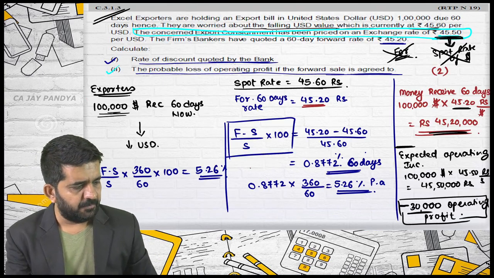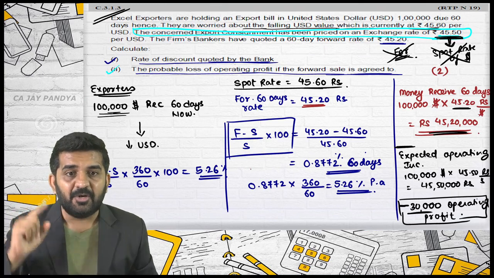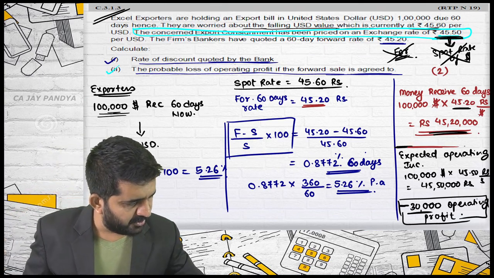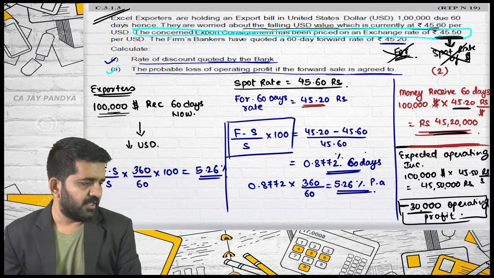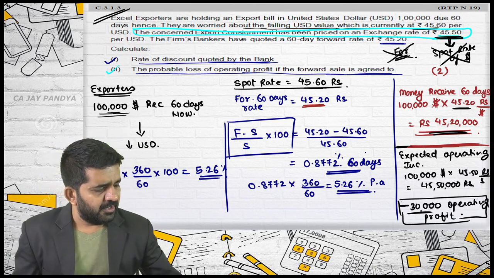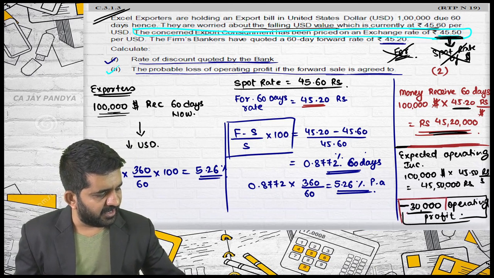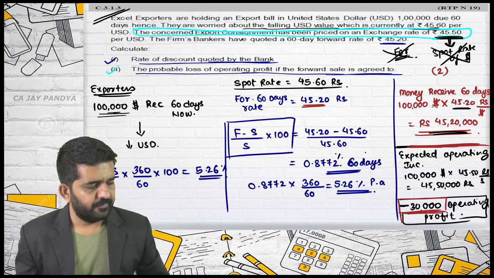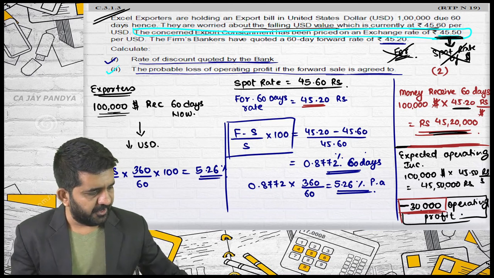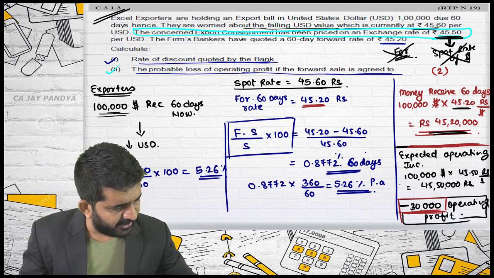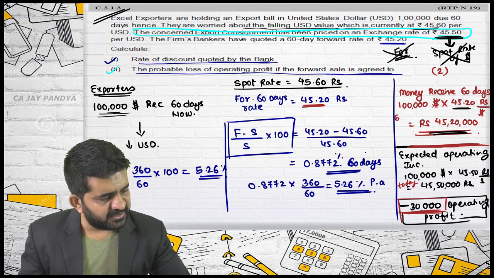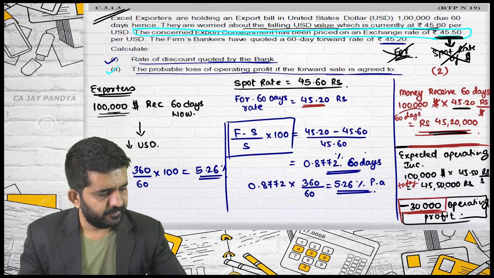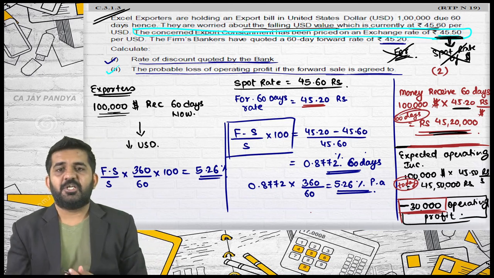This was operating profit. Let me go to question number 3, because this becomes a question after you solve it. Here, I have not considered time value of money. Try to concentrate. This was expected today, and this I am receiving after 60 days. I have not considered time value of money.